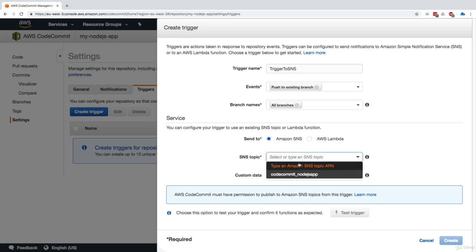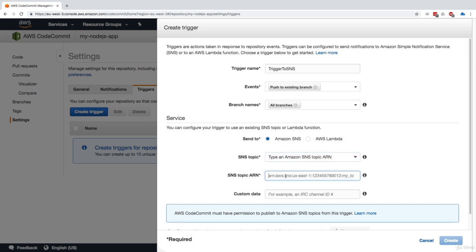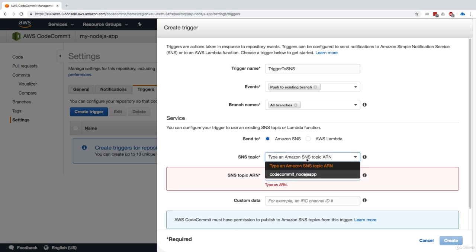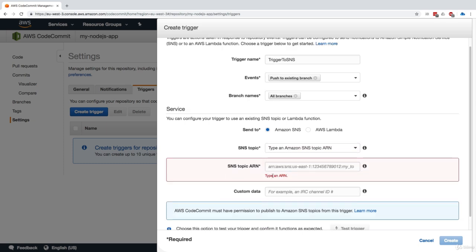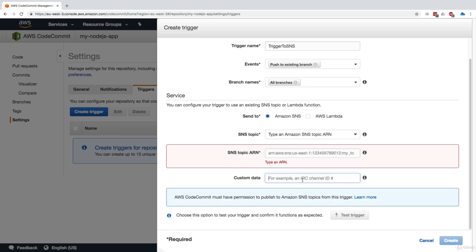And here we can select an SNS topic. We can have the same topic, but it's not recommended. The best way would be to create a separate SNS topic for it. I will not create it right now, but just to show you what happens, when you're done, you can test the trigger. Finally, if you wanted to integrate with AWS Lambda, you would need to type the Lambda function ARN. We haven't been into Lambda yet, so we don't have any Lambda function. But you get the idea, right?